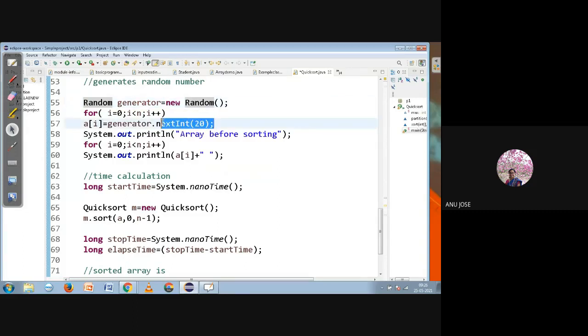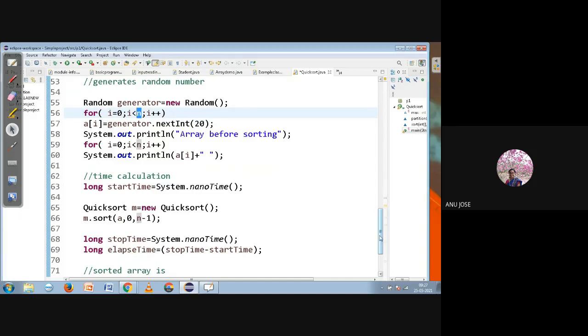Then we generate integer values randomly with nextInt(20). It means that nextInt is a function present in the Random class, and any value less than 20 will come as a random integer value. So n values we want to put into the array.